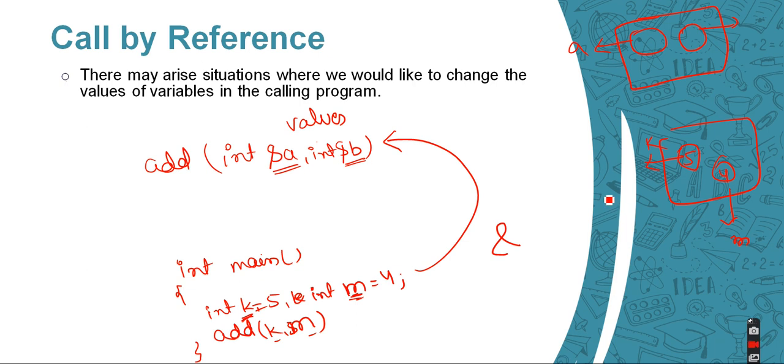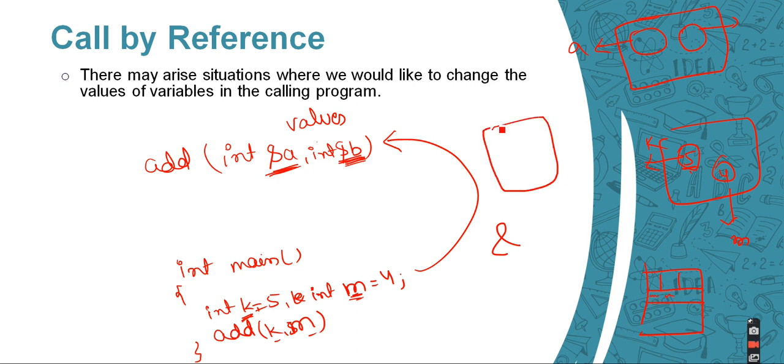Now instead of passing this 5 and 4 directly, what I'm going to do here is pass the address of a and the address of b. Suppose this is our memory location, every byte has some address, right?